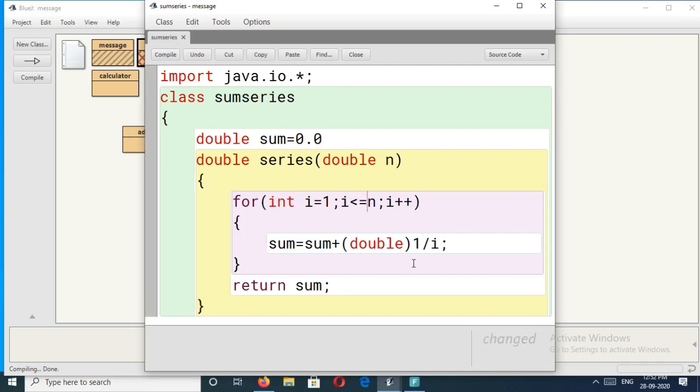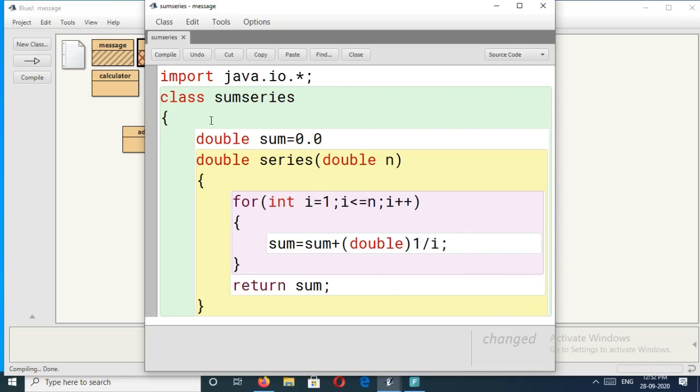Okay, then how can you calculate this sum? Sum is equal to sum plus double of the series, which is 1 by 1, 1 by 2, 1 by 3. Because of that I had given it like this: 1 by i. Each time it will vary: 1 by 1, next time 1 by 2, 1 by 3, 1 by 4, like that. First we write the numerator here, then write the denominator here.